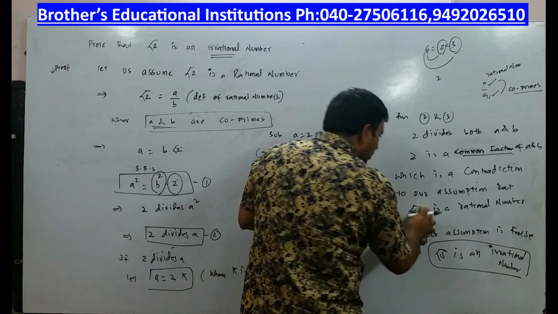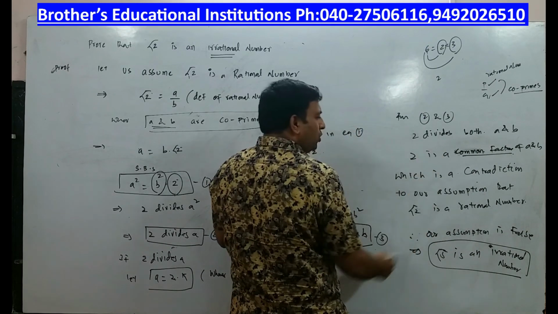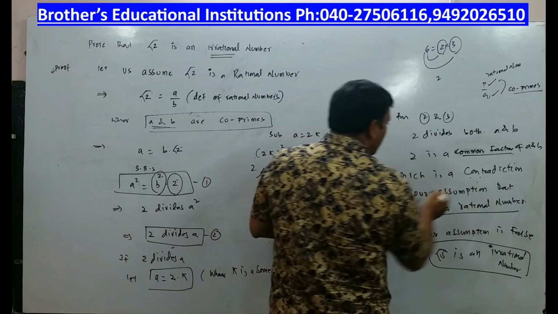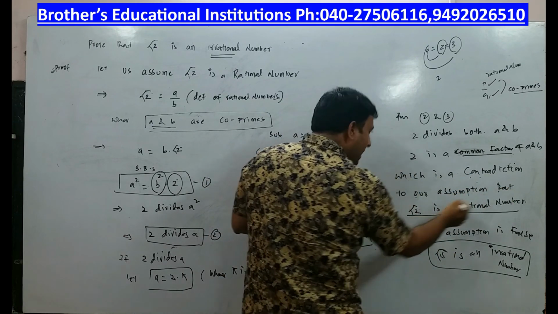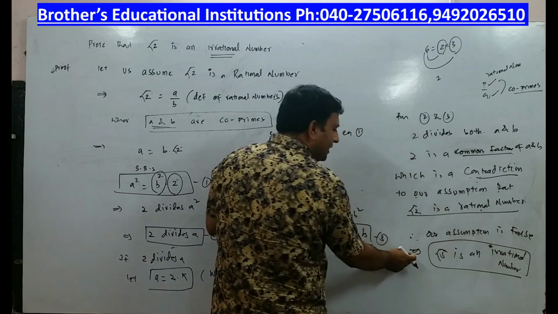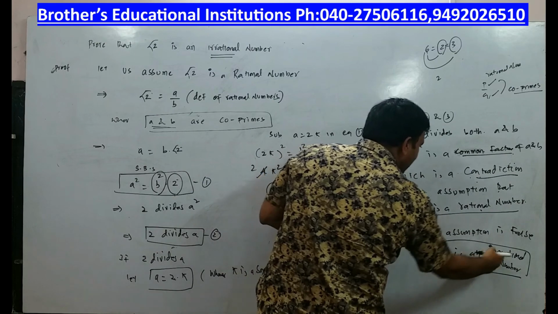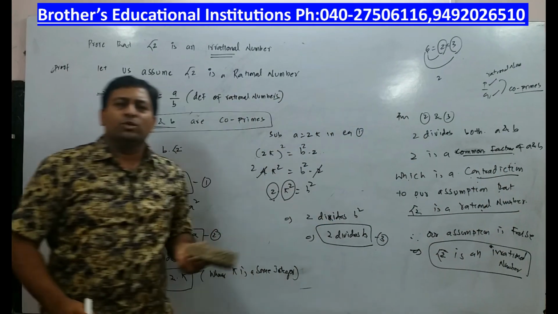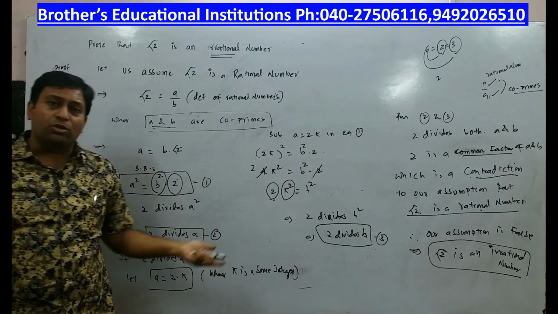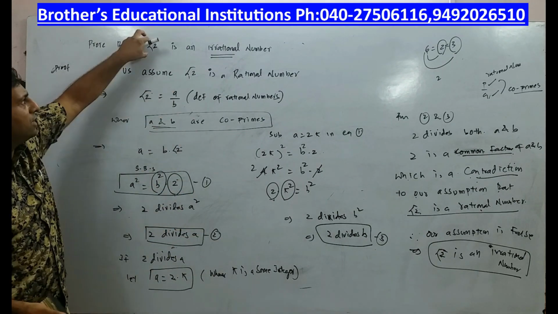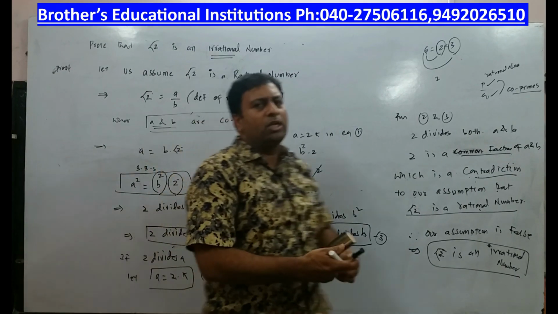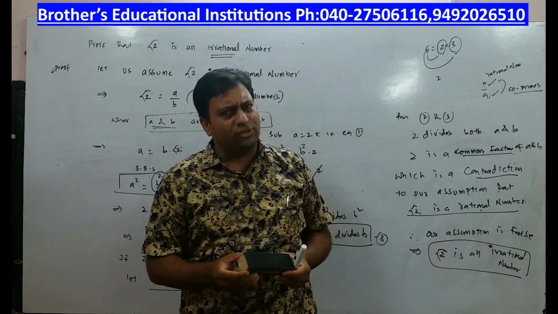Hence, instead of root 5, I'll write root 2 is a rational number. This is a contradiction to our assumption that root 2 is a rational number. It's a contradiction. So our assumption is false. Hence, root 2 is an irrational number. So I'm sure you understood why root 2. Tomorrow instead of root 2, I can take root 3 also. Just remove root 2, write 3 instead, and practice this problem again and again. I am sure you will get a grip in this particular scenario.